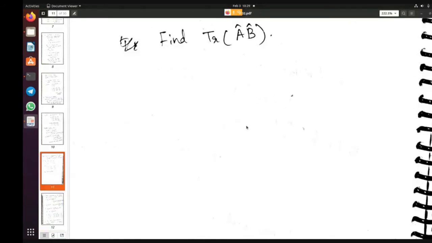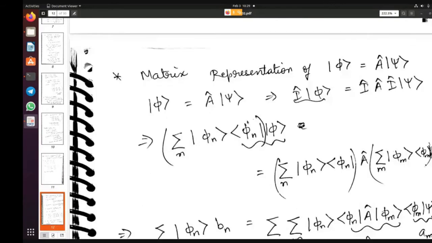Any questions here? Okay. We will do more problems tomorrow and then everything will become much clearer. But right now I need to explain to you all the concepts so that tomorrow we can sit and do all the problems. Okay. So here, now we need to look at matrix representation of